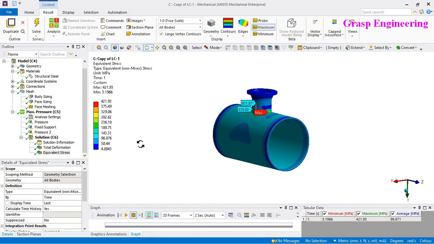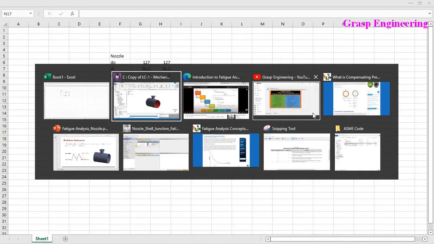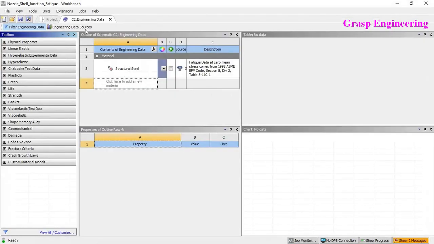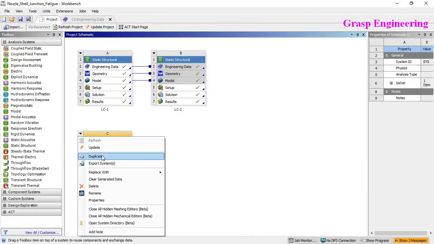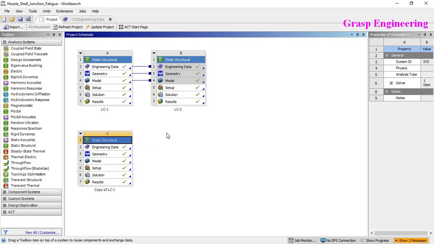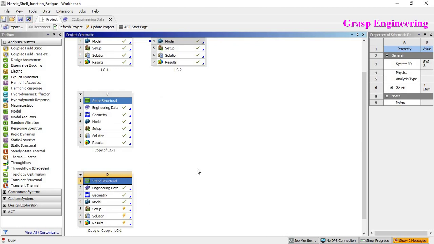Okay. Now, when we talk about fatigue, we have another loading condition, that is 2 megapascal. Here it is 5 megapascal. So for that, we need to simply duplicate this part. Instead of doing duplication, you need to follow the same.